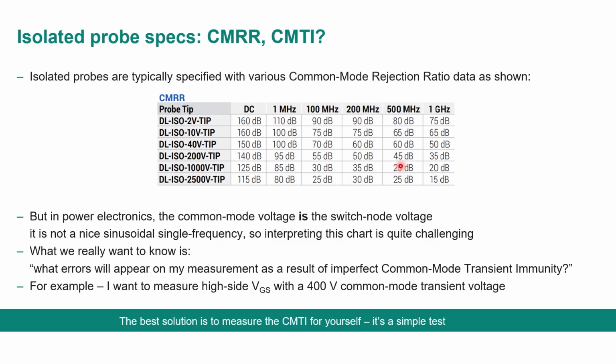I mean, I understand why they do this. This is the way that they're able to measure common mode rejection ratio. This is how it's done in the RF world. But I have a bunch of different frequencies, spectra going on, and I can't sum this up and make sense of it. So what I really want to know is, what's the error voltage? And I'm not going to get that answer because it depends on my circuit and my setup. So I should measure it myself, and that's exactly what I do.